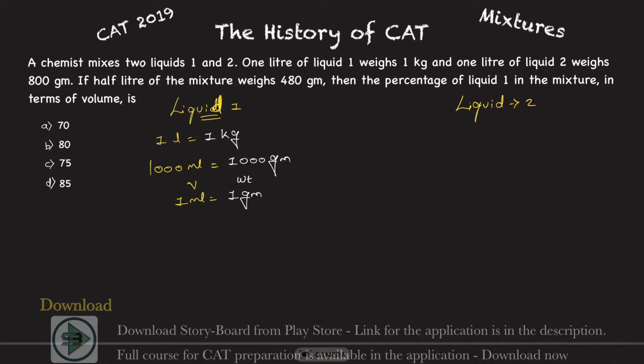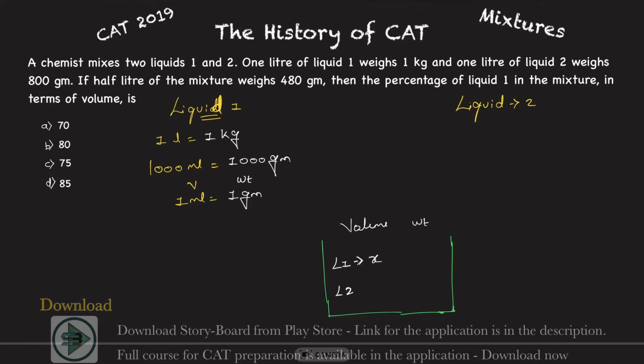What did I do now? I made a mixture. So this is my mixture. And my confusion here is what? First of all, what is a volume? So volume versus weight. Liquid 1 and liquid 2, and I have to compare this liquid 1 with liquid 2. What is the volume of liquid 1 in the mixture? I don't know. Let that be equal to x, something that I'm supposed to find out. So let the volume of liquid 1 be equal to x.